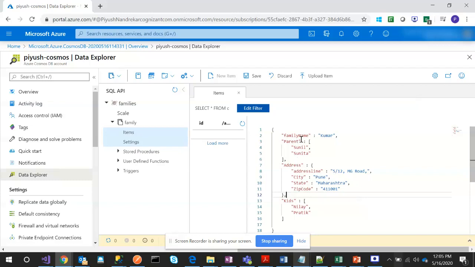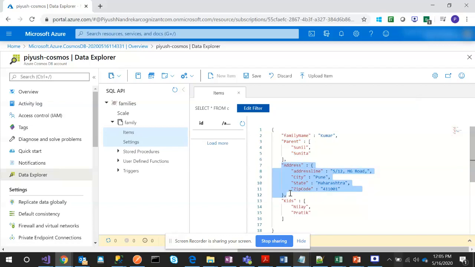You must have observed that this one record is completely different from what we store in a SQL database. This is very complex data, right? We have an array in our particular record, and a complex object called address.